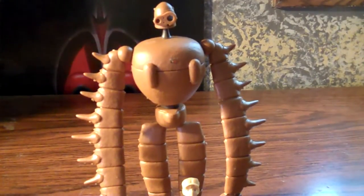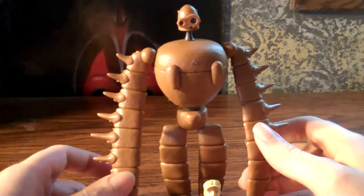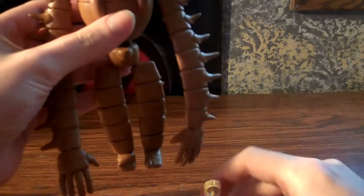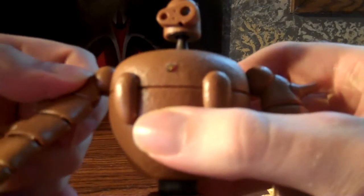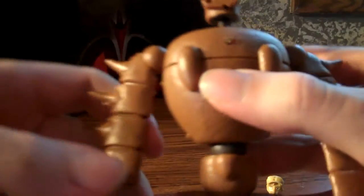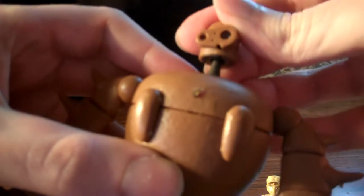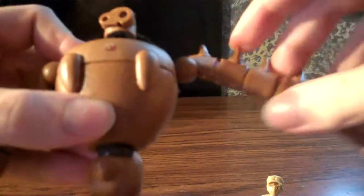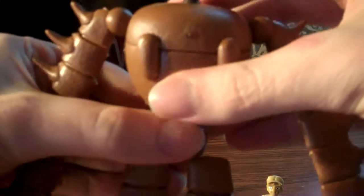Okay, and now he's all together, and yeah, it's still kind of gloomy outside. But anyways, I got them all together, and I have to say, I really like this guy. He's pretty cool. I mean, he's got a lot of joints and stuff, can pretty much move anything. His head will move, his arms can go up and down and rotate, and the segments have little movement to them too. The waist as well,